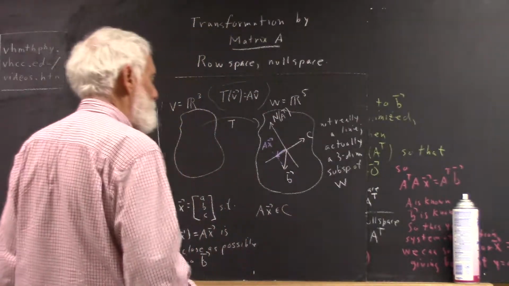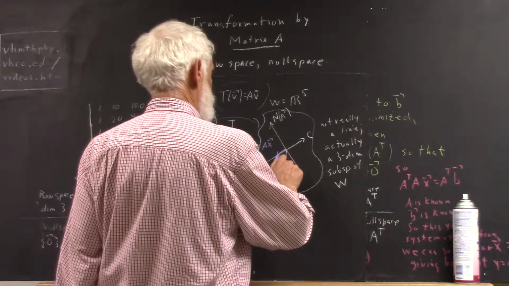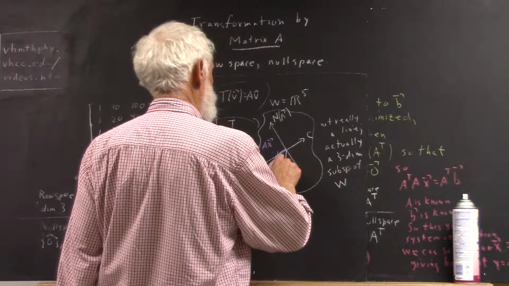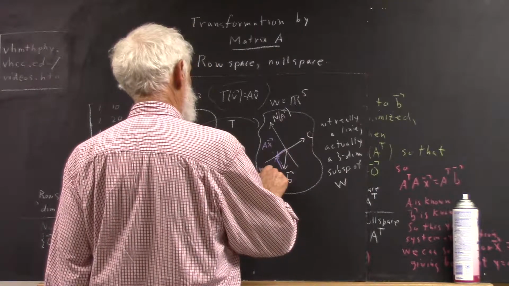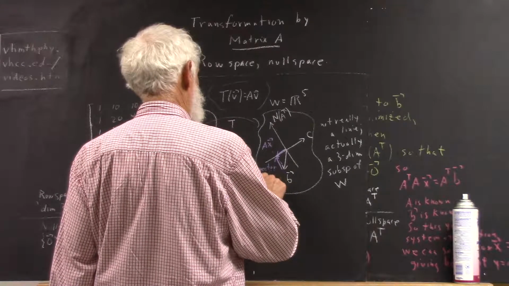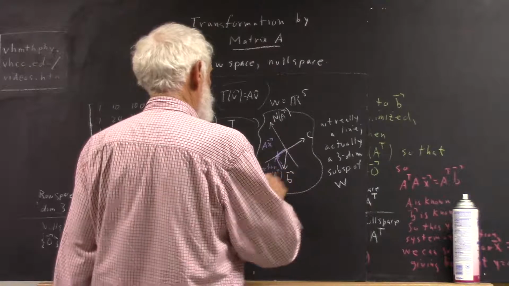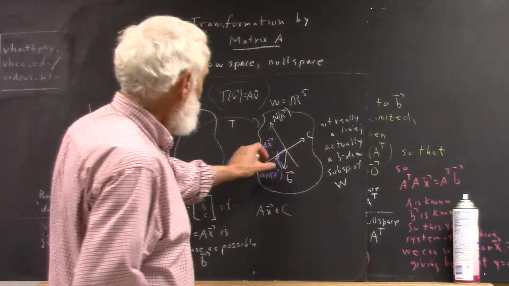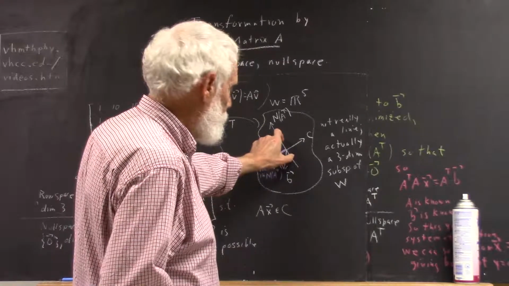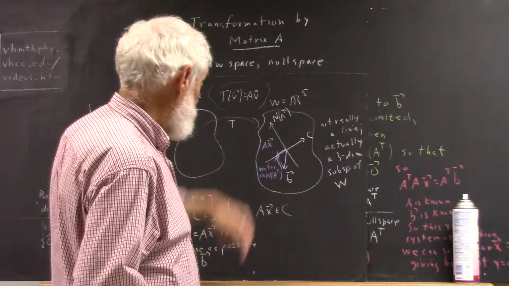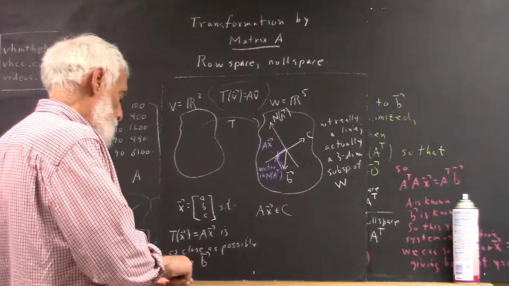So that, okay, here's B, here's some vector in the null space of A transpose. And I hope you understand that being parallel to this axis makes that vector a member of N of A transpose, an element in the null space of A transpose. Okay, so that